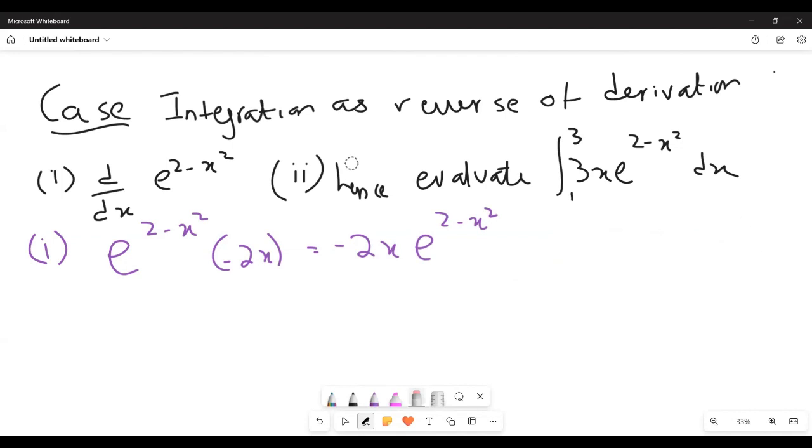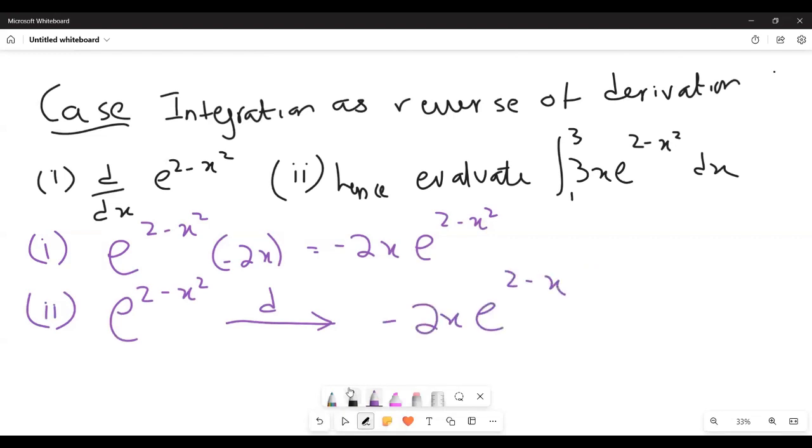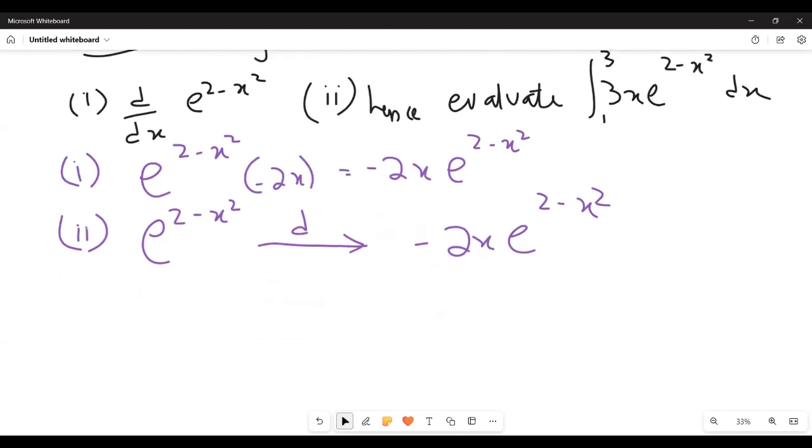Part 2 says, hence evaluate this. So what do we know from part 1? From part 1, we know that if we differentiate e^(2 - x^2), we get -2x e^(2 - x^2). That means if you integrate -2x e^(2 - x^2), you get